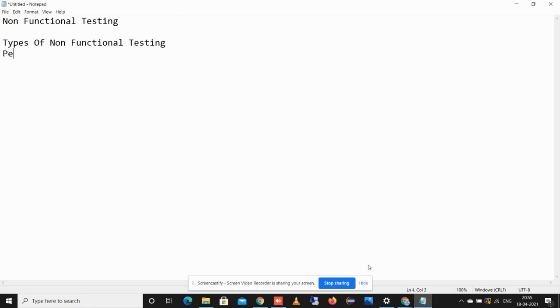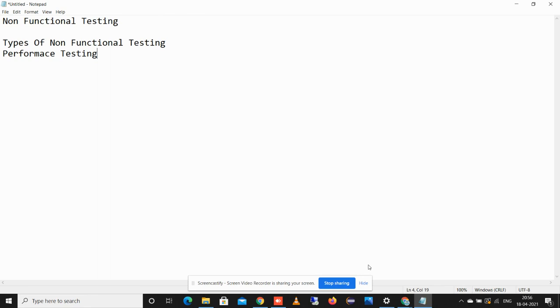First, we perform the performance testing. It is used to check the speed of the application, like how the application responds when bulk users and multiple users are accessing the application, especially over the internet. Banking applications, financial applications or e-commerce applications are accessed by people every second, every minute, 24 by 7. In those cases, how the application responds to users and how fast it is, we need to validate in performance testing.